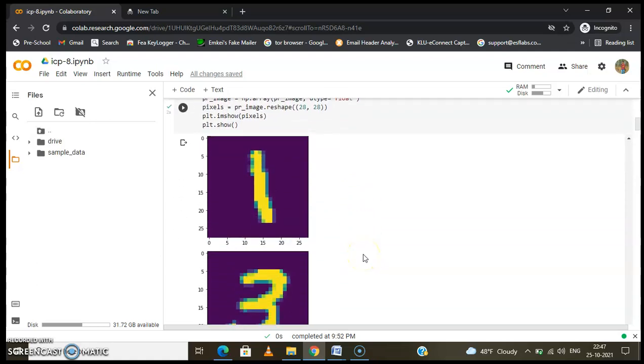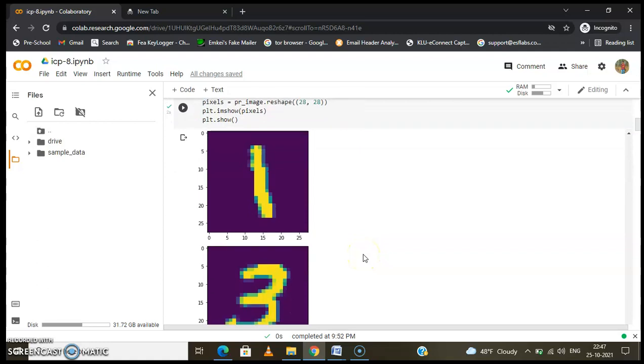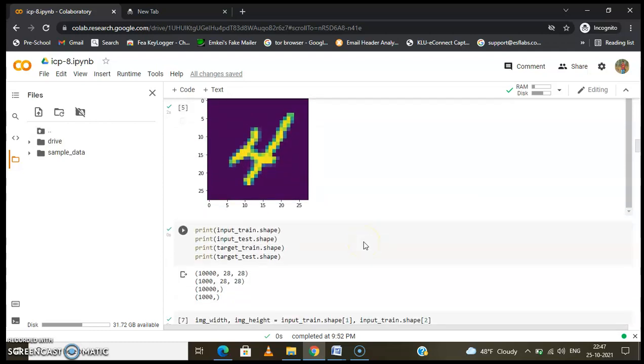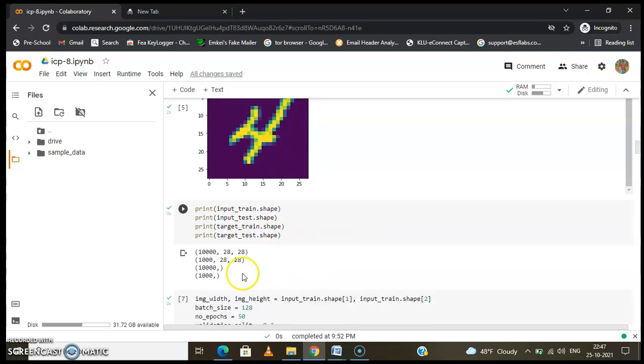These are the images from the data, 1, 3, 1 and 4, and we have to develop a model on this to predict these images through encoding and decoding. We have taken 10,000 more images, and each image has 28 by 28 size, so 28 is the width and 28 is the height.